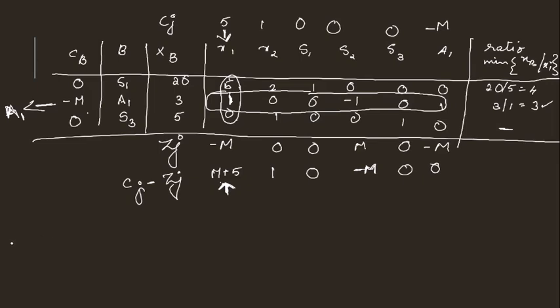So again we have to move to the next iteration. Why? Because of the values that are seen here in the Cj minus Zj. Here we have positive values and a negative. It is a combination. So according to the rule set, all the Cj minus Zj should be less than or equal to 0. So once this happens, you can stop the iteration. But in this case, we are not allowed to stop the iteration. So I move on to the next table.